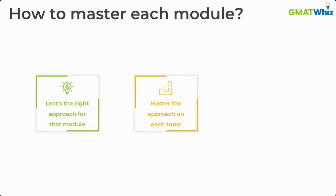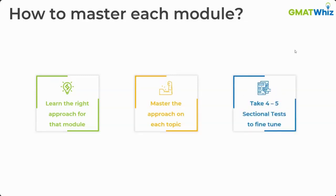So if you're learning the meaning based approach and you are learning grammar rules just from a rule standpoint, it is not going to help. You need to also learn the grammar rules from the meaning standpoint. Understand the underlying meaning, understand the underlying logic behind it, then only you will be able to master the approach on each topic. And after that, you should take 4 or 5 sectional tests to fine tune your learning further